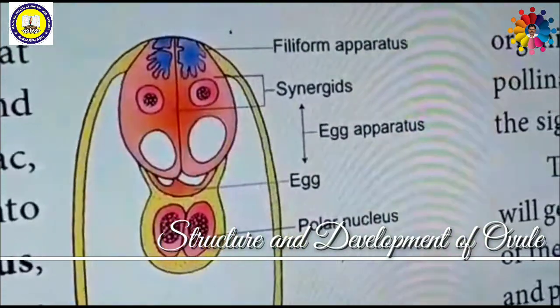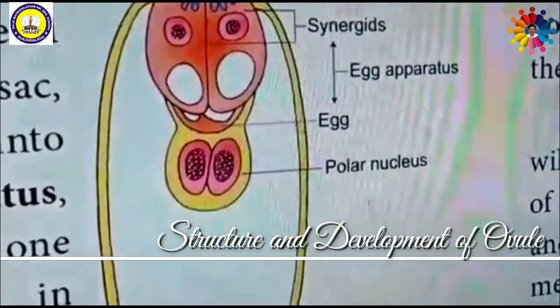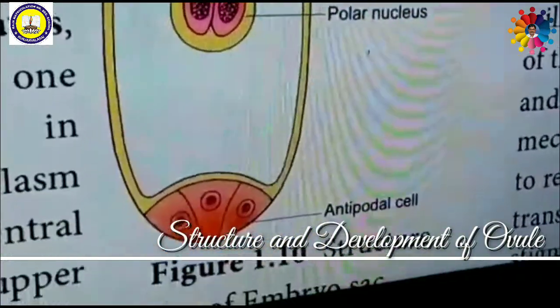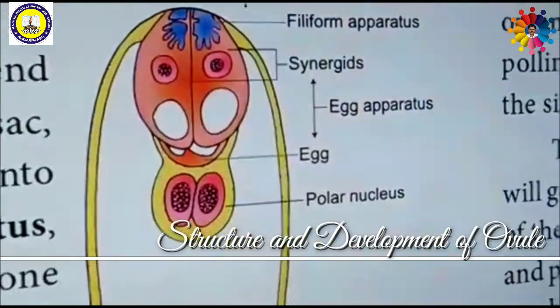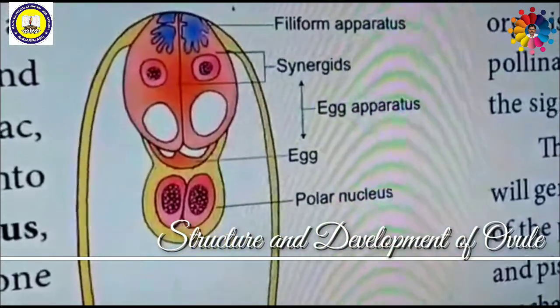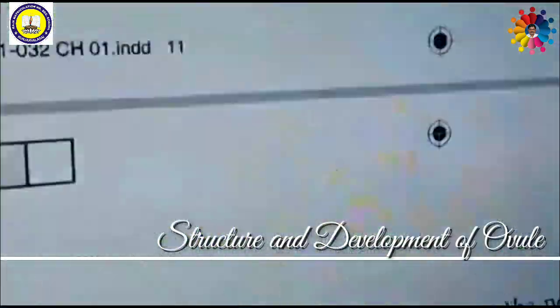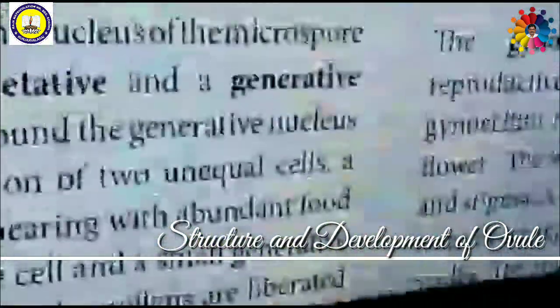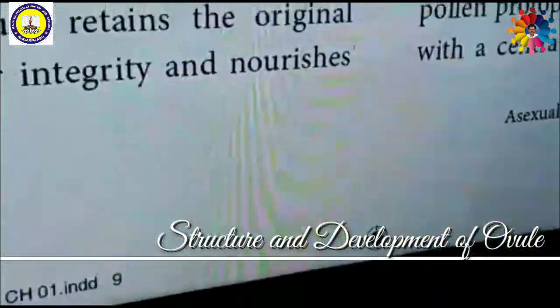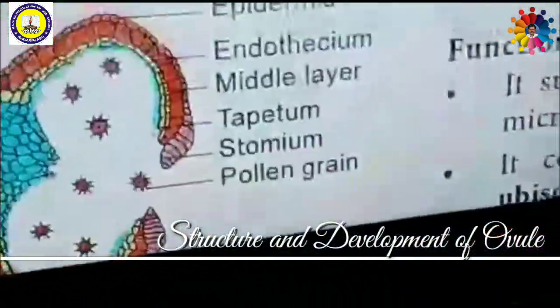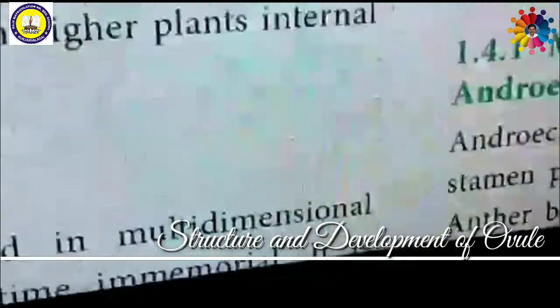That's all about the male gametophyte formation and female gametophyte formation. So now gametogenesis is completed. Next, pollination and fertilization take place. What is pollination? We have seen the structure of the flower. See the flower once. I shall tell you about pollination. Pollination is nothing but the transfer of pollen grains from the anther to the stigma.